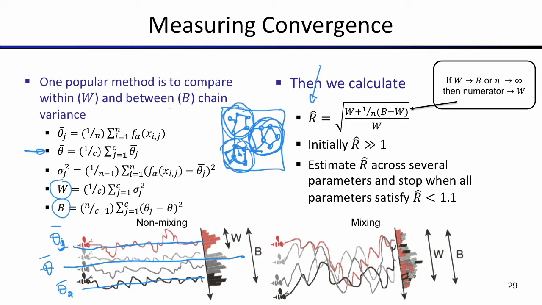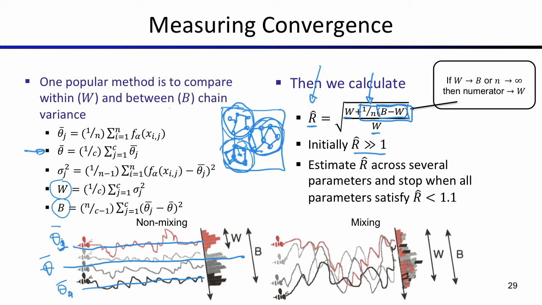So what we have in the numerator is something that's actually very interesting, right? If we look here, as W increases, we're going to have a smaller value for this part here. And also we have a smaller value as the number of instances increases. So if we collect a lot of samples, we expect that these samples, these chains, will mix. So we have two conditions here. Either we have collected a very large number of samples, or W has approximated B. In these two cases, this ratio R will converge to the number 1, right? Because this part of the expression disappears, and we will end up with W over